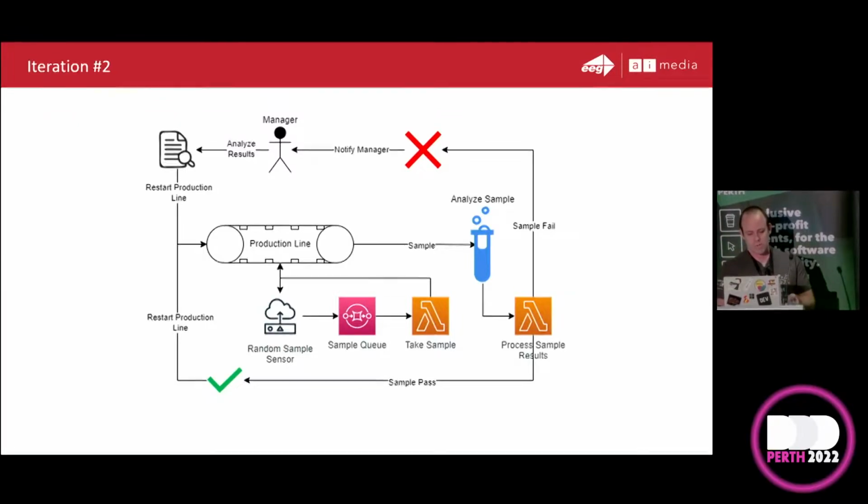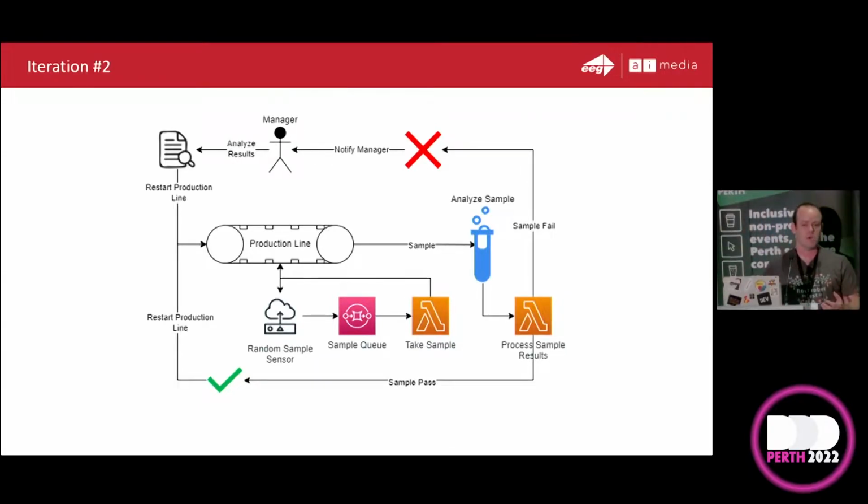We can see when it fails, we actually send a notification to the manager. It doesn't just nebulously somehow get to the manager, who then analyzes the results. And there's some subjectivity here, clearly, because otherwise we wouldn't need to analyze the results. The manager probably wouldn't even need to be involved. And then you can see that based on analysing the results, they'll restart the production line. Perhaps there's other steps they have to take before they can do that. I would assume they have to remove the crappy product before they restart it. Again, I don't actually know how canneries work. But that's the basic premise, right?